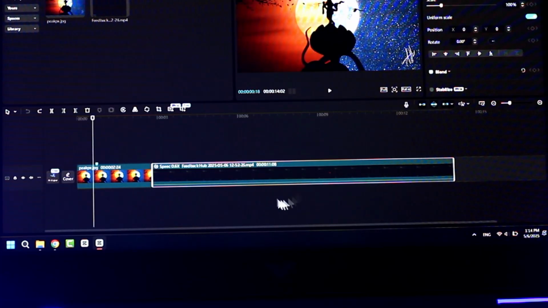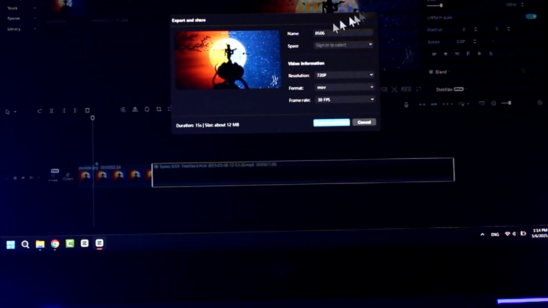Now here, once you're on the project on CapCut, once you're editing, you'll find the share icon at the top right corner. You can see Zoom Pro options inside on App Pro, and beside that you can see the share icon right away. So you can tap on share option there and it'll give you the option here, export and share. So you can see you can add in the name here, then you can add in space here, then